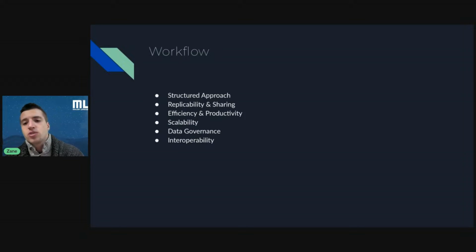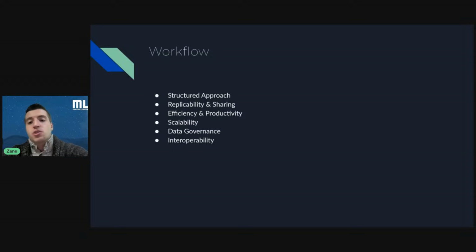Scalable workflow solutions ensure that data science operations will scale seamlessly. By using management systems, corporations or larger organizations, what have you, can handle increasing data volumes and complex data processing requirements without overhauling their existing infrastructure. And then with workflow too, if we really want to get into the big leagues, there's stuff like data governance,